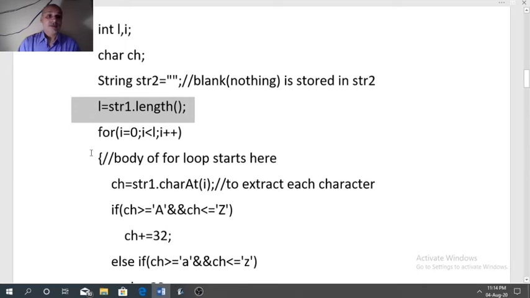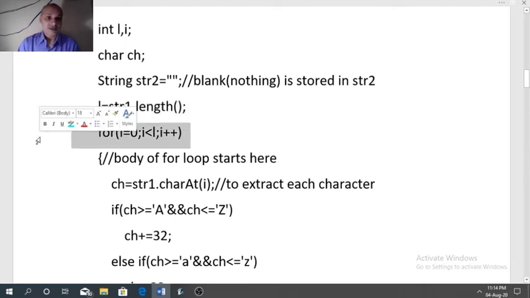Now, a loop is required to find the index of every character present in the string. We know that the first character is present at 0 index, that is why our loop starts with I equal to 0, and the last character of the string is present at L minus 1 index, that is why I less than L. That is the last iteration of the loop.